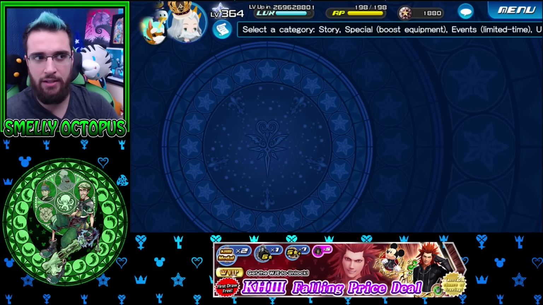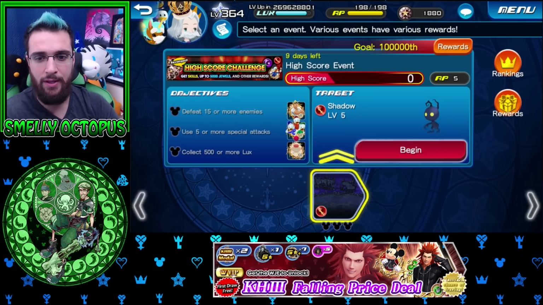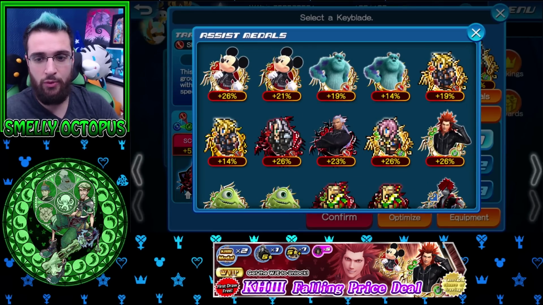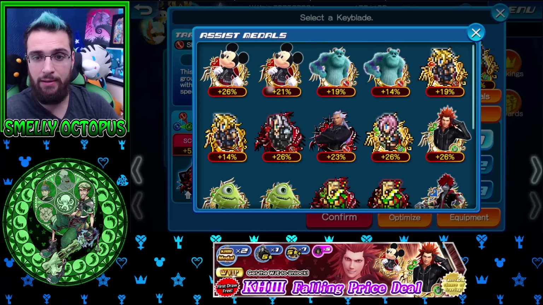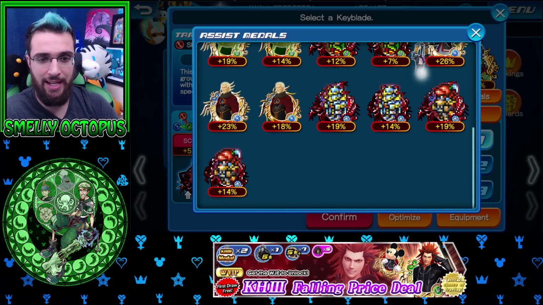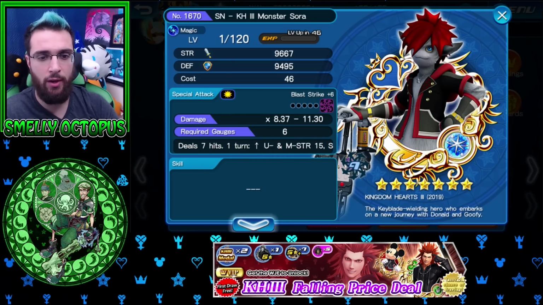I don't think they added Donald or Goofy. So if we look at the high score challenge that this is attached to, click on begin and look at medals, you can see already Lee's worth 26%, Mickey's worth 26%. Oh, there is a 6-star version, my bad, I apologize, but nothing else on this banner has general defense down. This is all buffs upward. You do have debuffs for other ones like your speed, your magic, your power, your upright, but there's nothing else